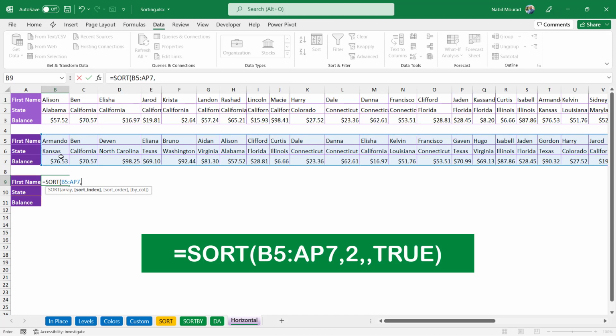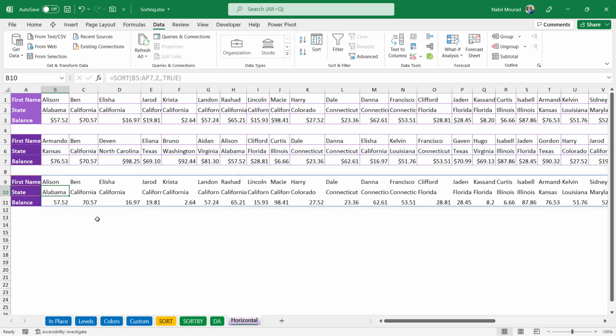I type a comma. Note that I'm not locking any cell in a dynamic array function. What's your sort index? I want the second row, so I type 2, which corresponds to the state. I type a comma. I want to sort ascending. I can skip this argument because the default is ascending. But look at this option, because I want to sort horizontally. Then I select true, and I close the bracket, and then hit enter. Now I get the same exact result that I got when sorting in place by using the custom sort dialog